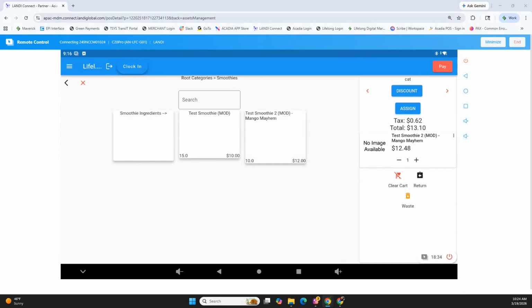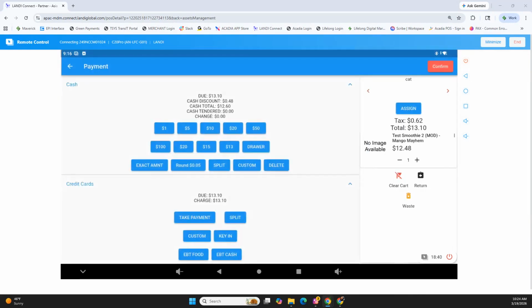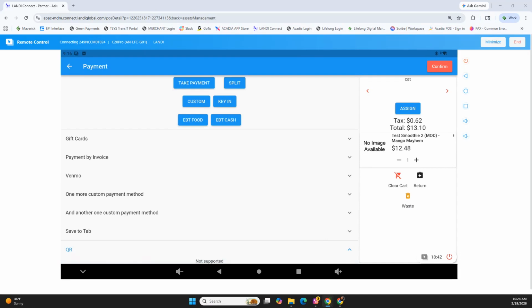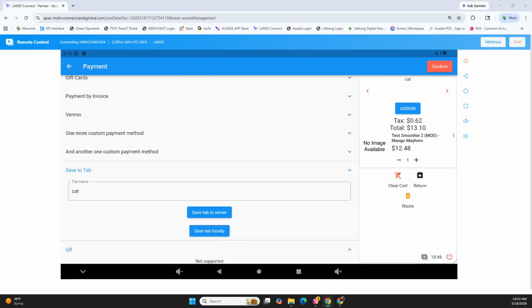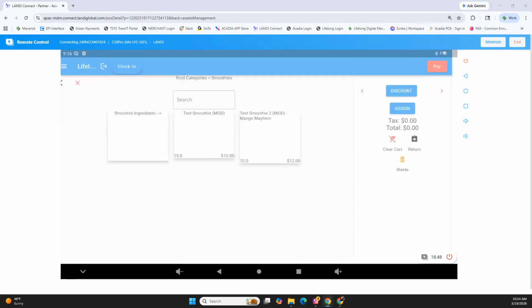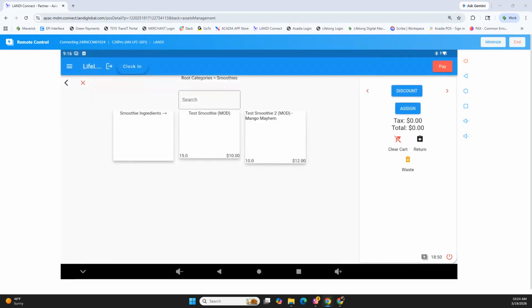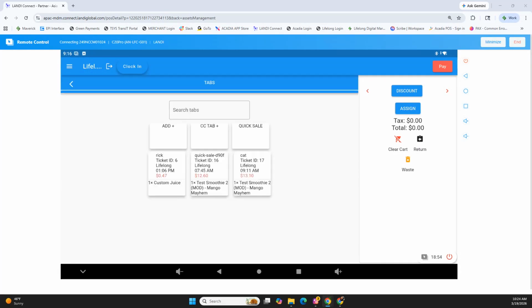Beautiful. And I'm going to press pay up at the top right hand corner. Scroll down. Save to tab. Save tab to server. Beautiful. And then press that X up at the top left hand corner. And now you can see Kat has her own tab/ticket right here